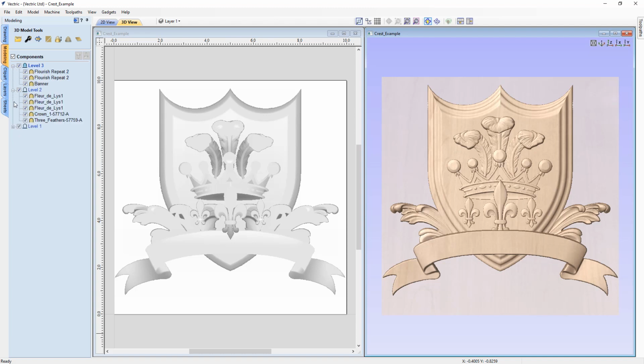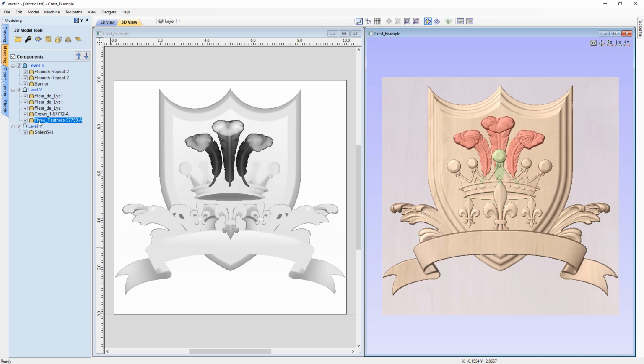We'll open those all back up again so we can see them. One last thing we should cover is grouping components. Now we have the option inside of our component tree to select a few components or a select number of components and group them together so that any transform options you make to that group will apply to everything inside that group. So for instance, if I wanted to group up all of the stuff that's on this level